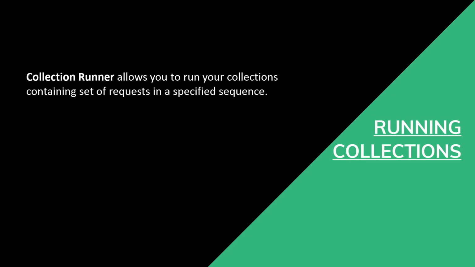You can also run collections against a specified environment. So let's say you want to run it on the production environment or the test environment. You can do that while you will be running your collection runner. And then you can also pass data files. Now these data files can be, let's say, containing your variables that you want to import and generate during your collection run. So collection run allows you to automate your API testing, which is the entire point of working with collections. So let's take a look at what we will be covering in this video.